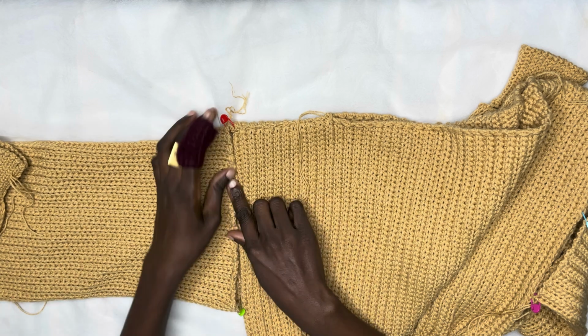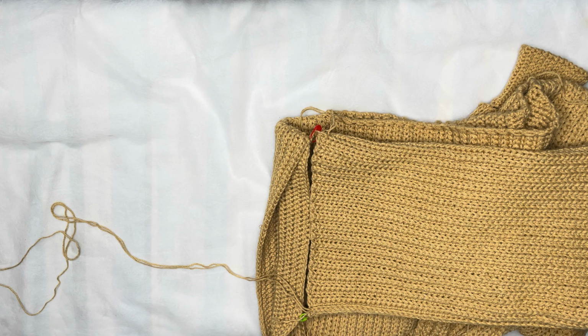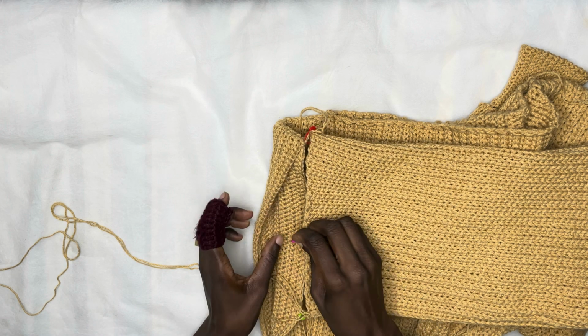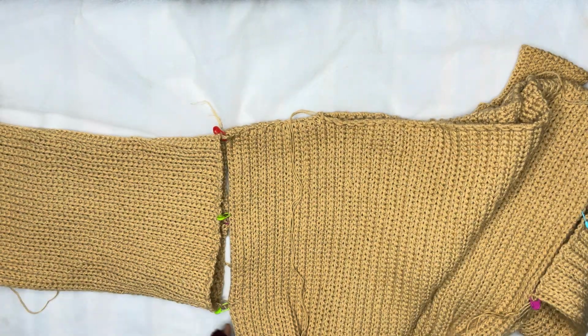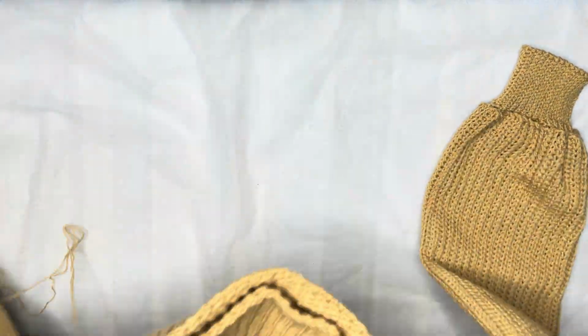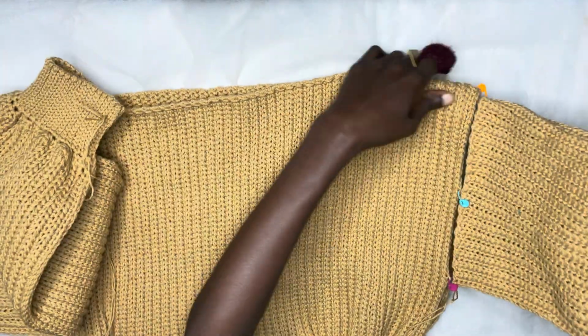I'm going to use a needle. Turn the other side and stitch this together. So this is what we are going to do. You will get your needle